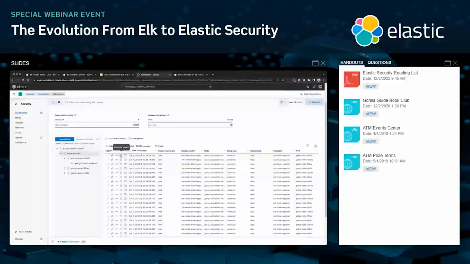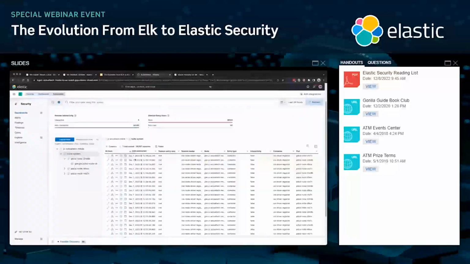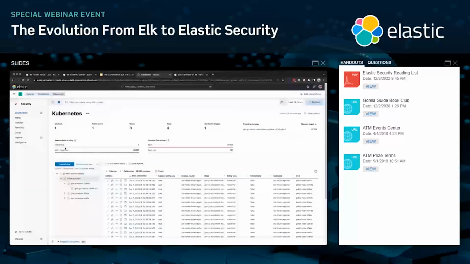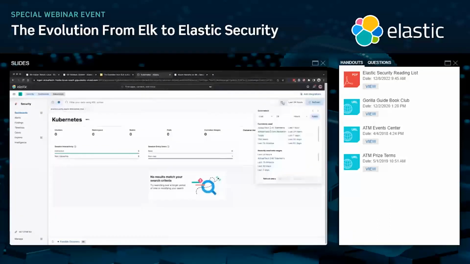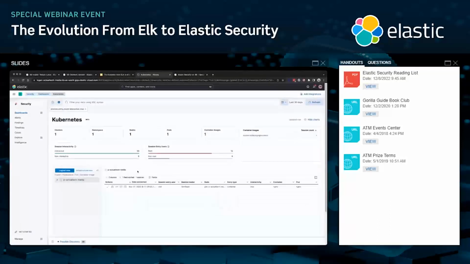I can also do some things like, let's filter in just for interactive users. Let's expand out a little bit further. I have one interactive user that logged into a container, as opposed to the non-interactive users, a lot of the heartbeat mechanisms that maybe in this case GKE is doing in the background. And again, a lot of different opportunities, but those same UI elements to triage the different sessions or those different connections happening on my containers.